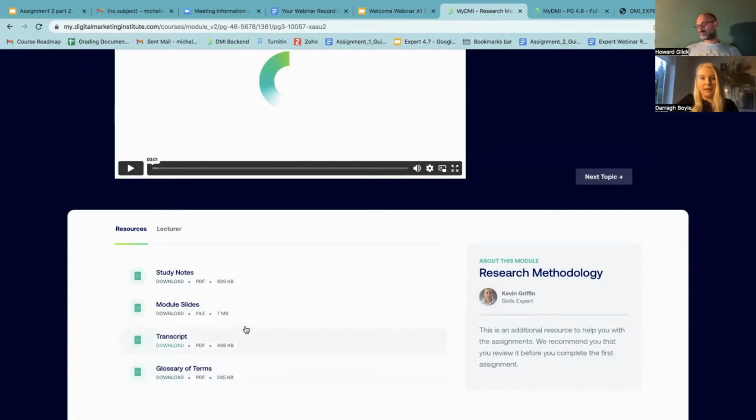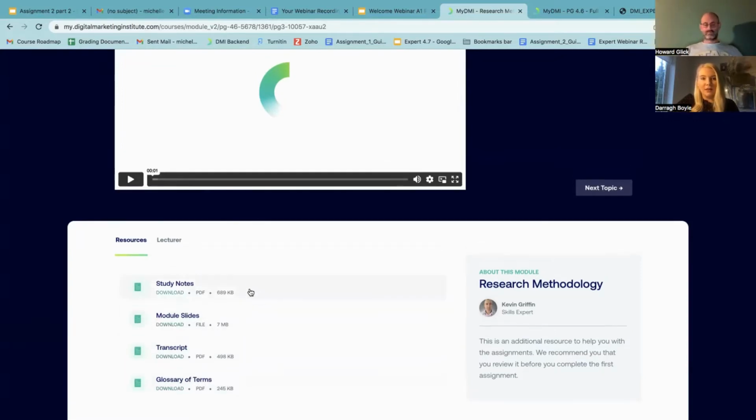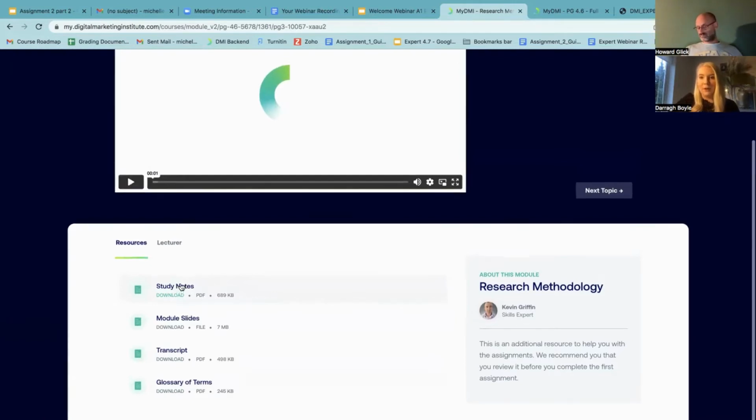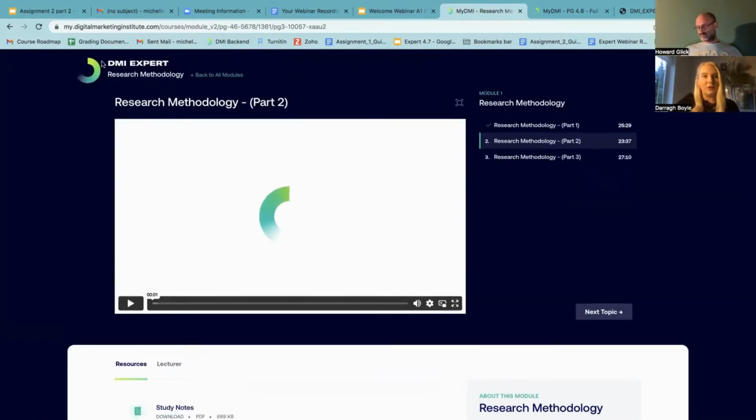You can print those off and highlight some things of interest to you. Otherwise, the study notes are good because we've designed them to kind of recreate a class environment where you can do the video content and you can print off your notes and make notes as you need to and just save them for the future when you no longer have access to your course modules. So that's just where all of that is.